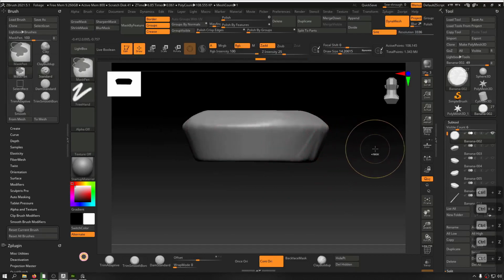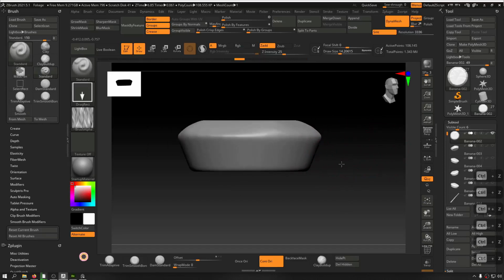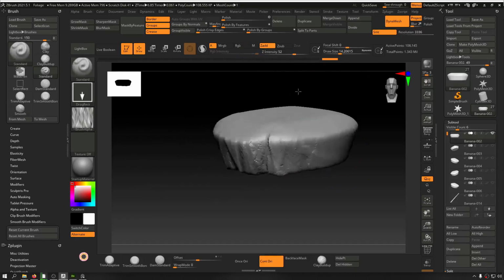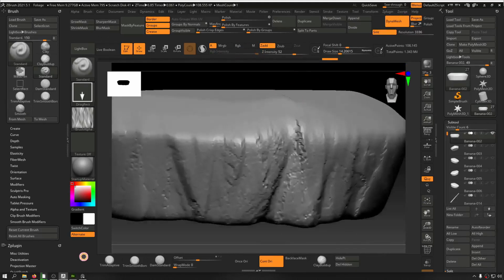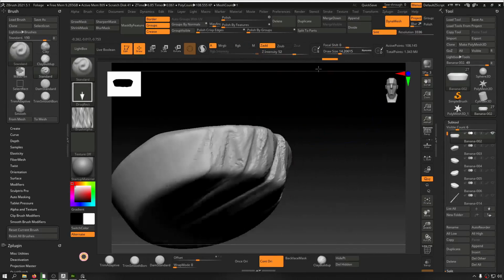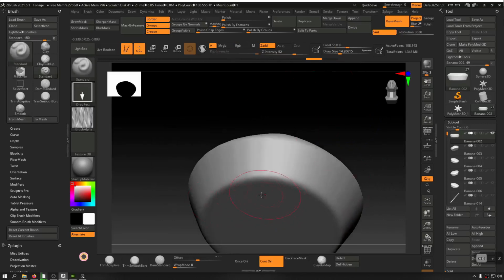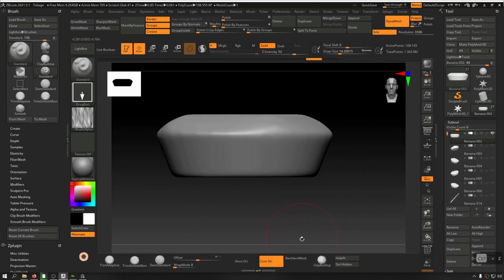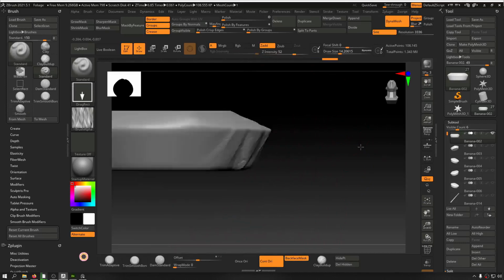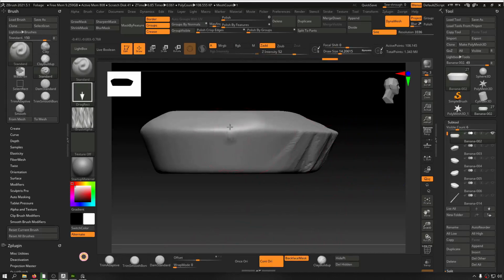So let's go a couple of steps back and use a couple of settings. Let me increase the intensity so that I can displace this even more. Okay, you see the displacement here is really perfect and added a lot of detail in here. If you want to avoid it affecting other areas, you simply activate the back face mask and start to drag your alpha, and you see it doesn't affect other areas anymore. So let's try to drag out,